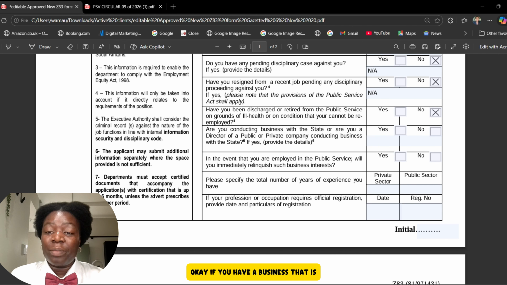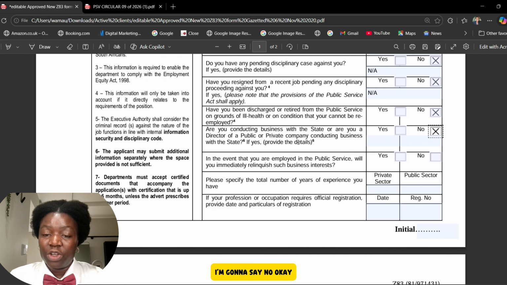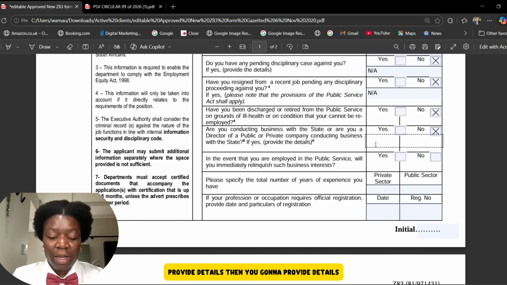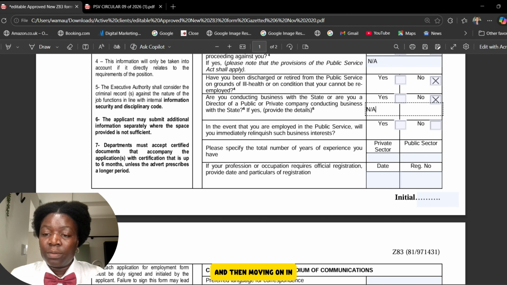Okay. If you have a business that is getting tenders from the government, you are doing business with the state, you must specify here, yes. If you don't, like myself, I'm going to say no. Okay. Provide details. Then you're going to provide details. I'm just going to say not applicable, right? And then moving on,